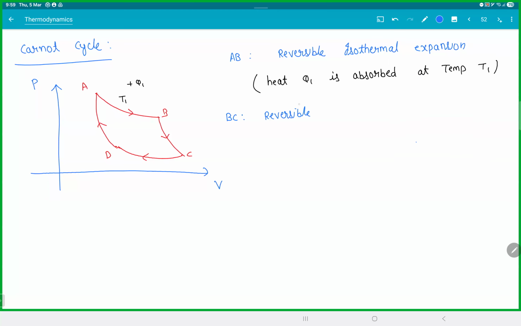Adiabatic, so there's no heat absorbed in this process. C to D is again reversible isothermal compression. So the temperature is T2 and the heat will be Q2. When you go from C to D, heat Q2 is rejected from the system